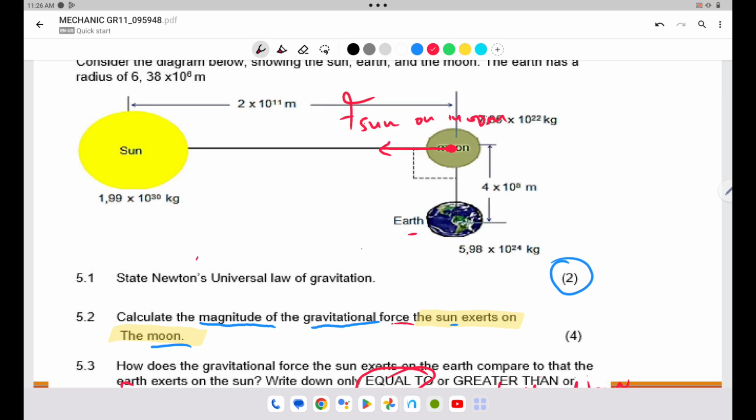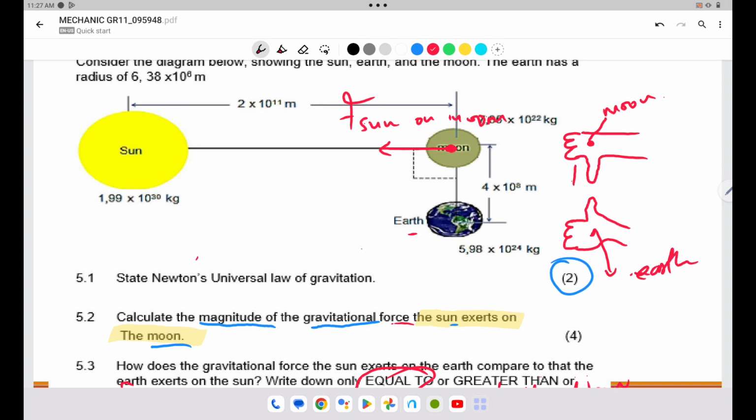Remember, now I have to put these objects in my hands. These are my knuckles. What I know so far is the gravitational force is attractive, so my thumbs are going to need to point at each other. This is my hand, this is my thumb. Inside this hand, I have the moon. Inside that hand, I have the Earth. So this gives me the direction of the force on the moon, and this gives me the direction of the force on the Earth. Okay, so if I draw it out on the diagram, I have